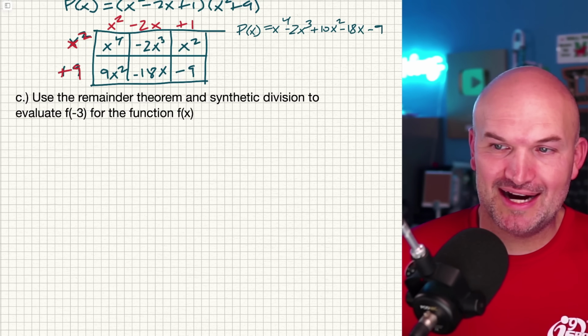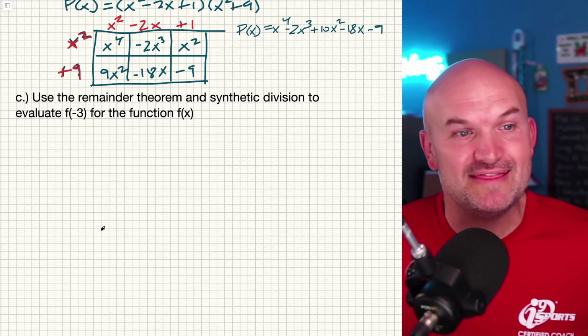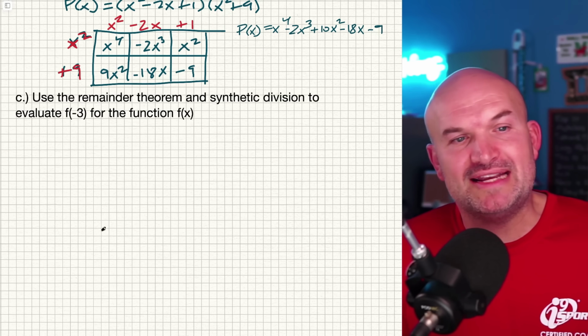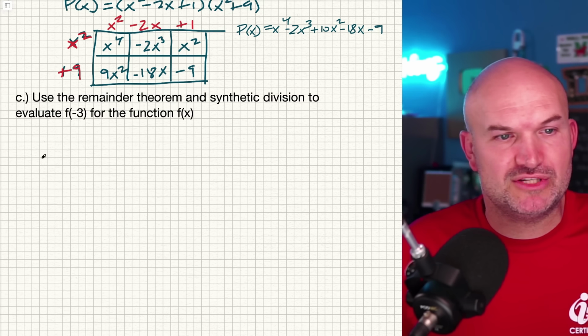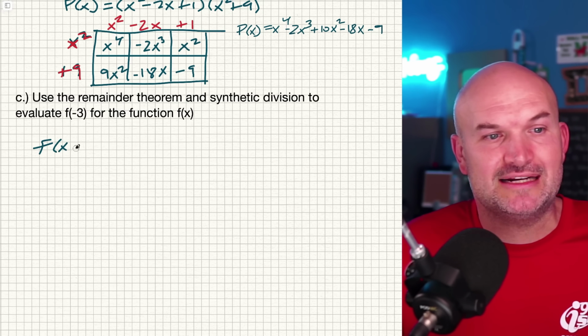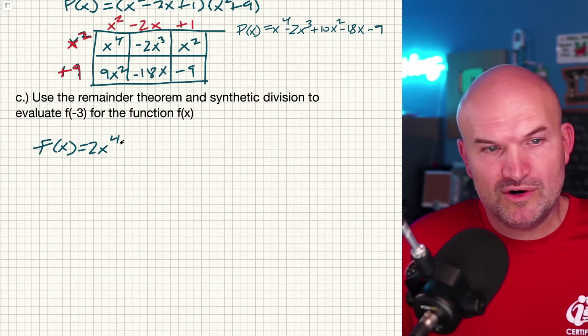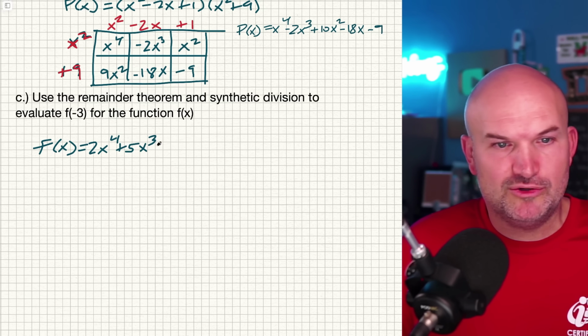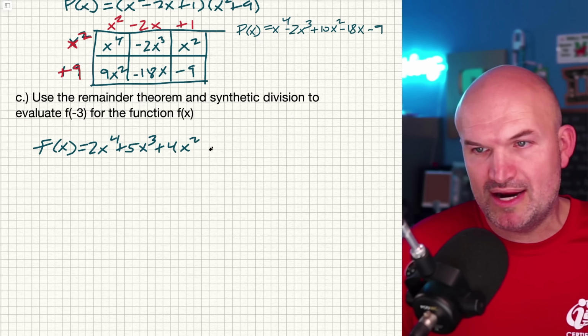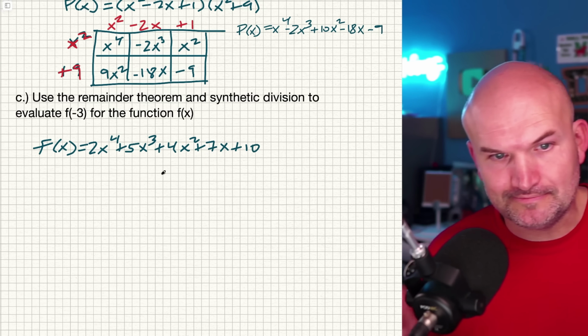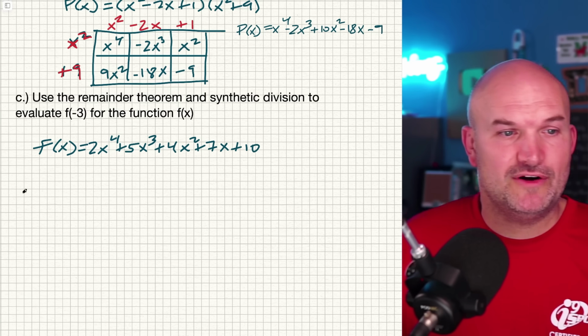All right, let's go and work on our next one with polynomials. And that is going to be use the remainder theorem and synthetic division to evaluate an f of negative 3 for f of x. So let's go and take an f of x that's not going to be easy to evaluate for negative 3. So let's do a 2x to the fourth plus a 5x cubed plus a 4x squared plus a 7x plus a 10. Okay. So if I said evaluate for f of negative 3,